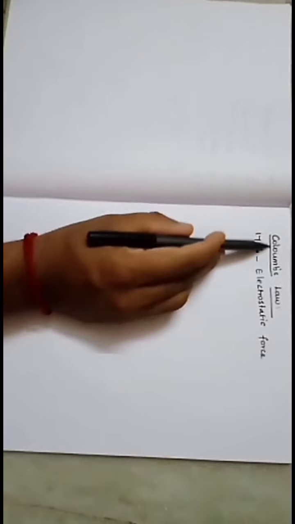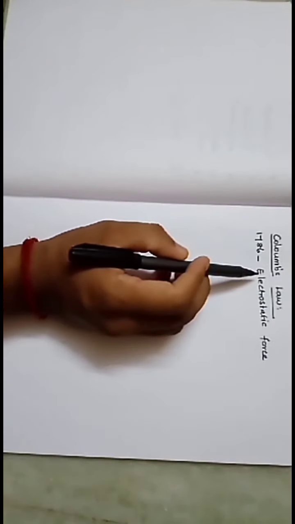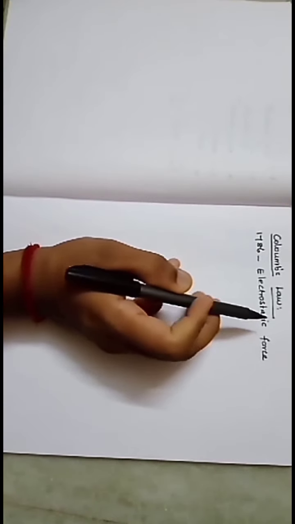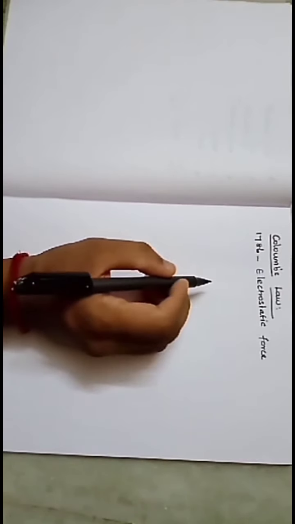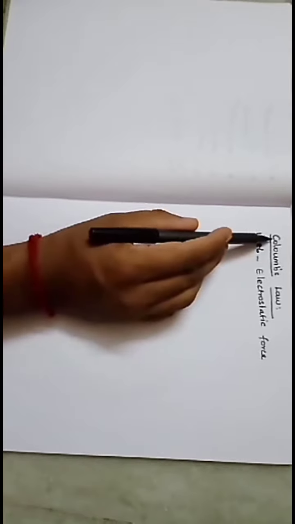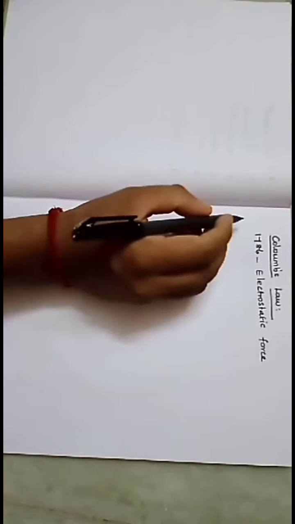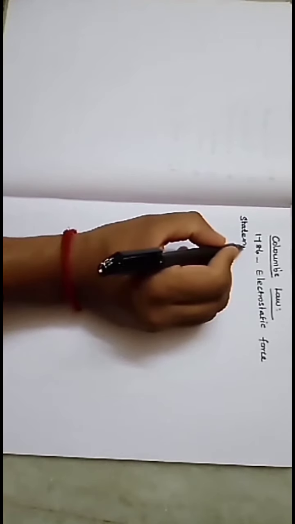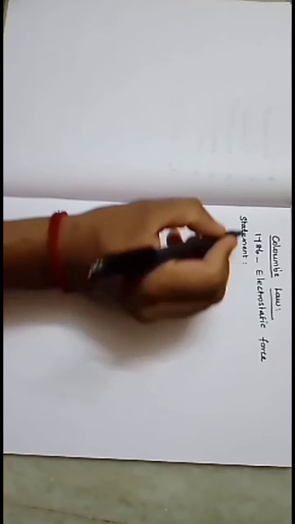In the year 1786, the scientist Coulomb studied the electrostatic force between two stationary charges and deduced one law, that is Coulomb's law. Now I am going to give the statement for Coulomb's law. It is an important 3 mark question. According to Coulomb's law,